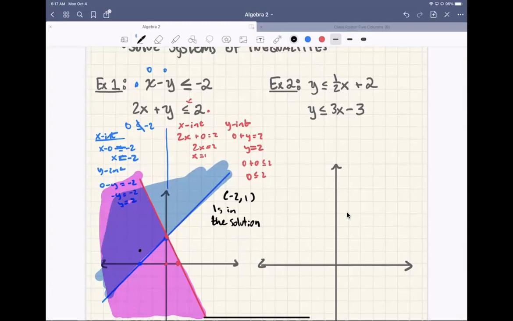And these are a little bit easier to graph, right? So we're going to call this one blue. We're going to call this one red. All right, so for blue, we're going to have to start with our y-intercept of 2. And our slope is 1/2. We're going to go up 1 over 2, up 1 over 2, down 1 over 2, down 1 over 2. And let's just go ahead and connect these points. Solid line because we have the or equals to. And it says y is less than. So we're going to actually be below the graph, right? You plug in 0, 0, 0 is going to be less than 2. So